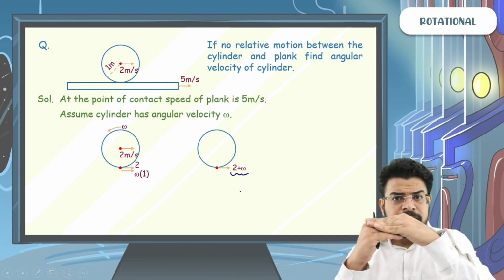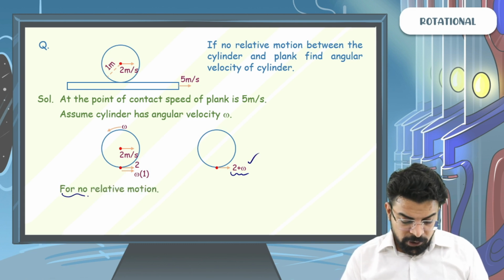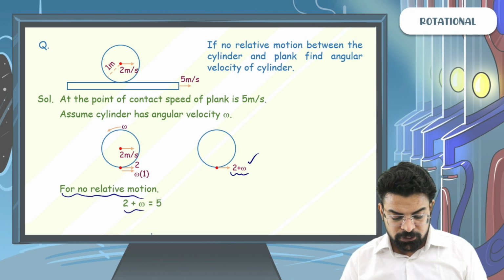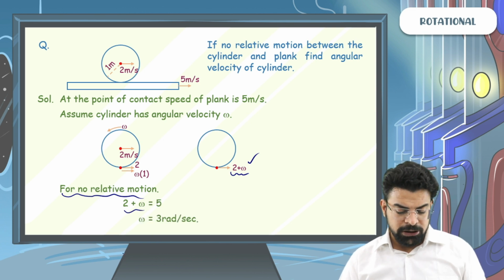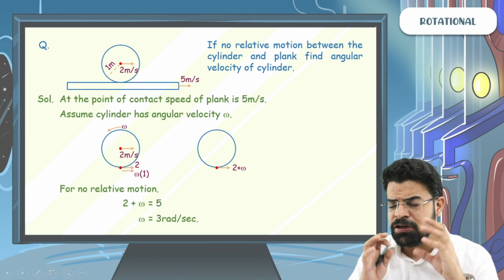And for no relative motion at point of contact, this 2 plus omega should be equal to 5. For no relative motion, 2 plus omega has to be equal to 5, and omega comes out to be 3 radian per second. The common doubt which students have and on which students waste a lot of time is